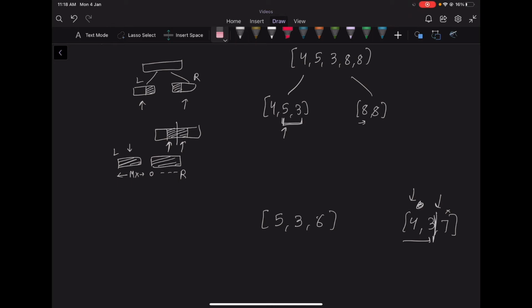Now if we move to this left index, our current maximum is still 6. Let's say this was 8. Our current maximum is still 6, so we cannot further increment our right pointer because 7 is greater than 6. Again we move to the left index and now our maximum becomes equal to 8. So now we can increment our right pointer since 7 is less than or equal to 8. So for each left index, we find the maximum right index such that the maximum from L to R will be in the left part. And we know that the right index will be monotonic, since the maximum is non-decreasing in this direction.